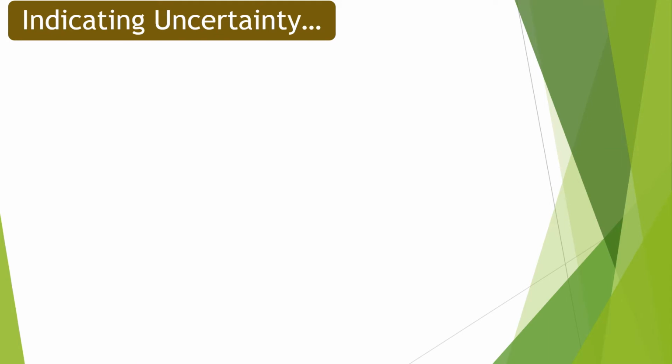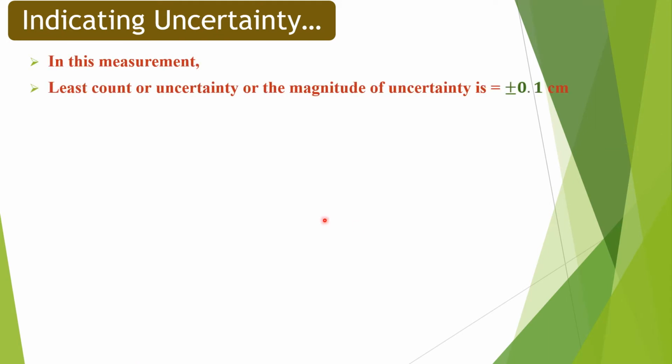In this measurement, the least count or uncertainty or magnitude of uncertainty is equal to plus minus 0.1. Remember that least count represents uncertainty or magnitude of uncertainty in a measurement. Hence, precision is equal to plus minus 0.1 centimeter. As the precision is also judged from the uncertainty in a measurement, that's why we write precision is equal to plus minus 0.1 centimeter, that is the least count or absolute uncertainty